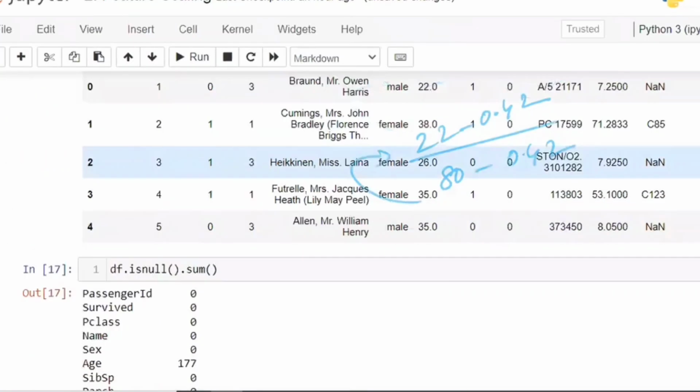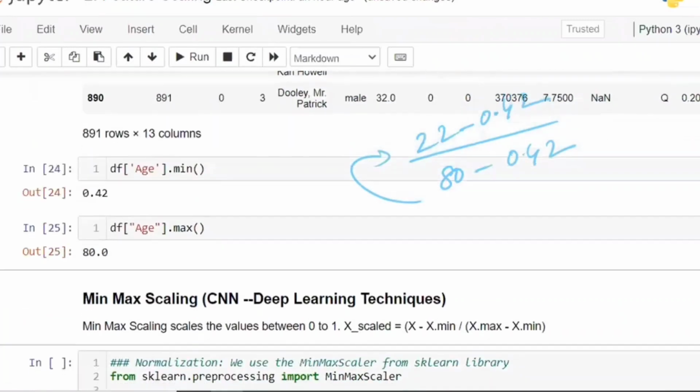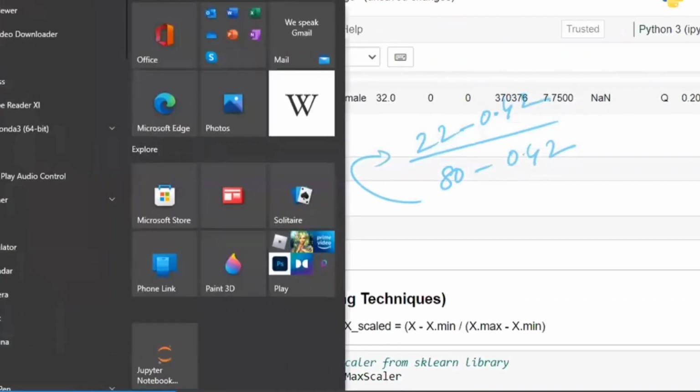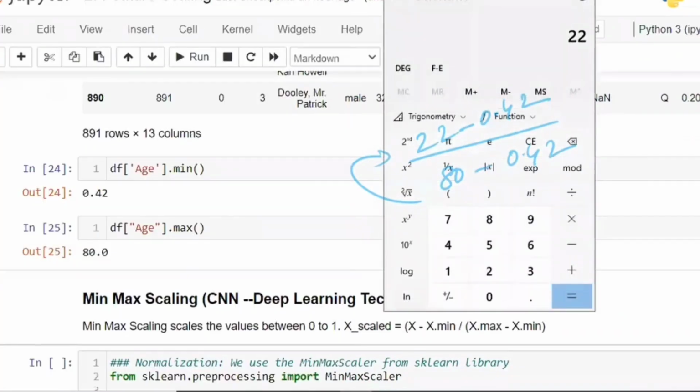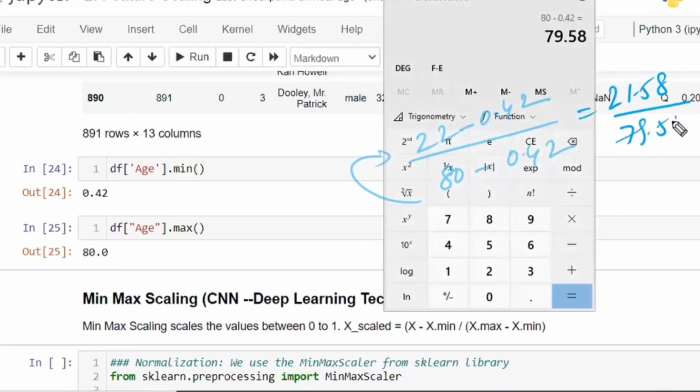Let us calculate using the calculator. 22 minus 0.42, that is nothing but 21.58, divided by 80 minus 0.42, which is 79.58. So 21.58 divided by 79.58. What is the value? It is going to be converted as